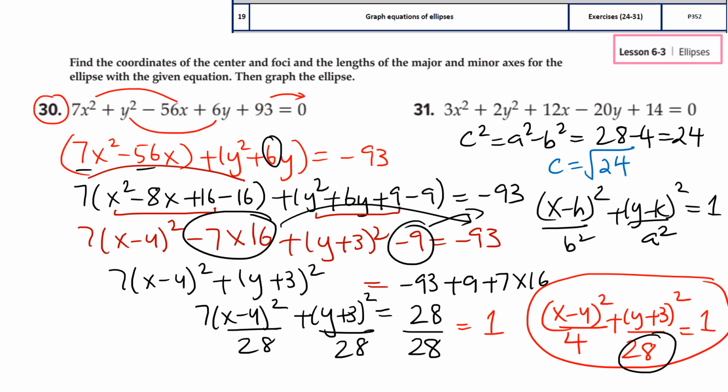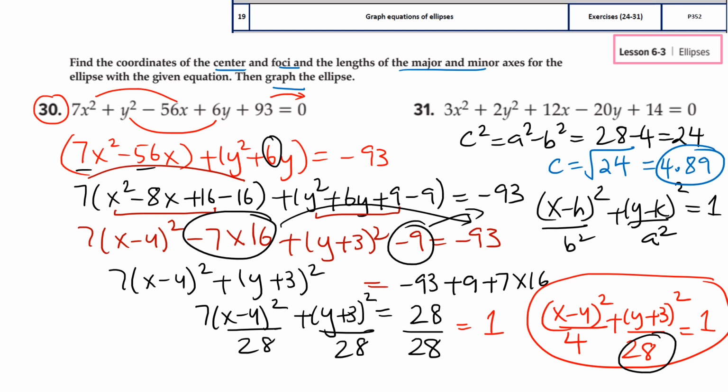So now you can convert this into decimal, use your calculator. So it is 4.89. Now you can find everything: center, foci, length of major minor axis, and finally graph the